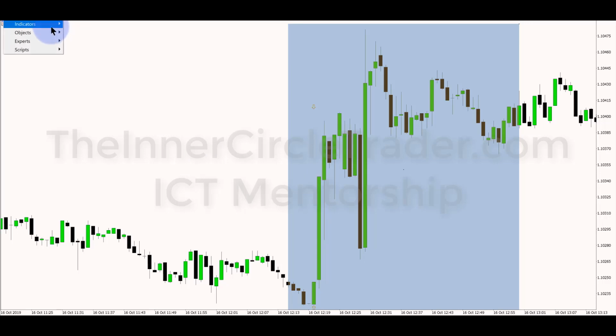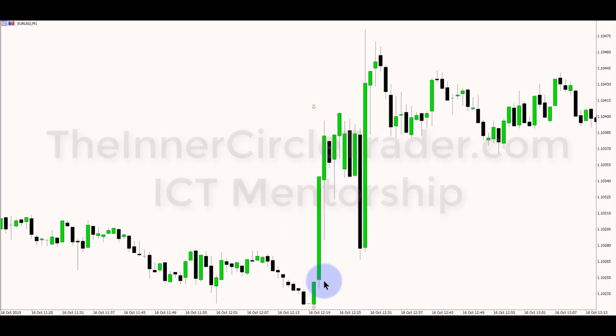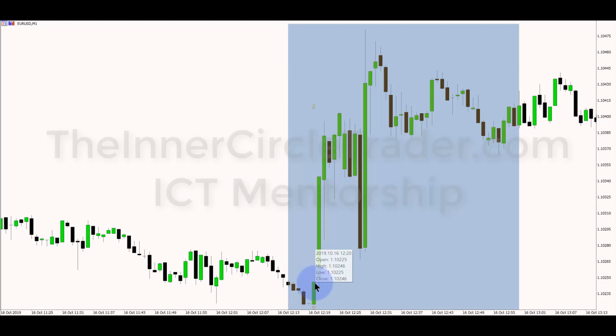So we have this little section in here. You see that? That's a volume imbalance. Okay, volume imbalance, but it also is a point of rebalance. The candle closes on this candle here at 110.24 and 6 pipettes. The next candle opens here at 110.24 and 8 pipettes. So there's a little bit of a volume imbalance, but watch what happens.